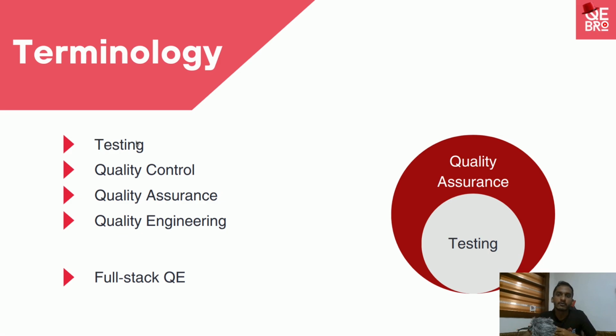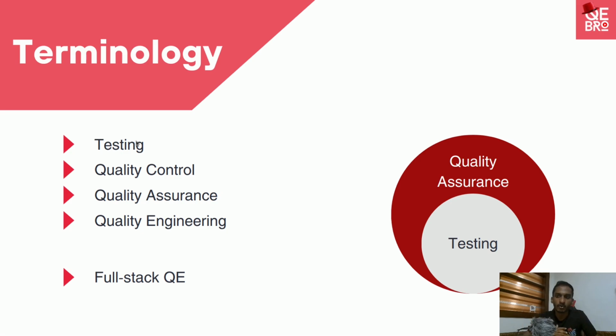And then now we have quality assurance. As I mentioned previously, testing was one phase or one activity in the software development life cycle. But quality assurance, from the name itself, implies we need to assure the quality. We need to make sure the product has the expected quality. So quality assurance is not a single activity or a single phase. Quality assurance is kind of an umbrella which covers the whole software development life cycle.